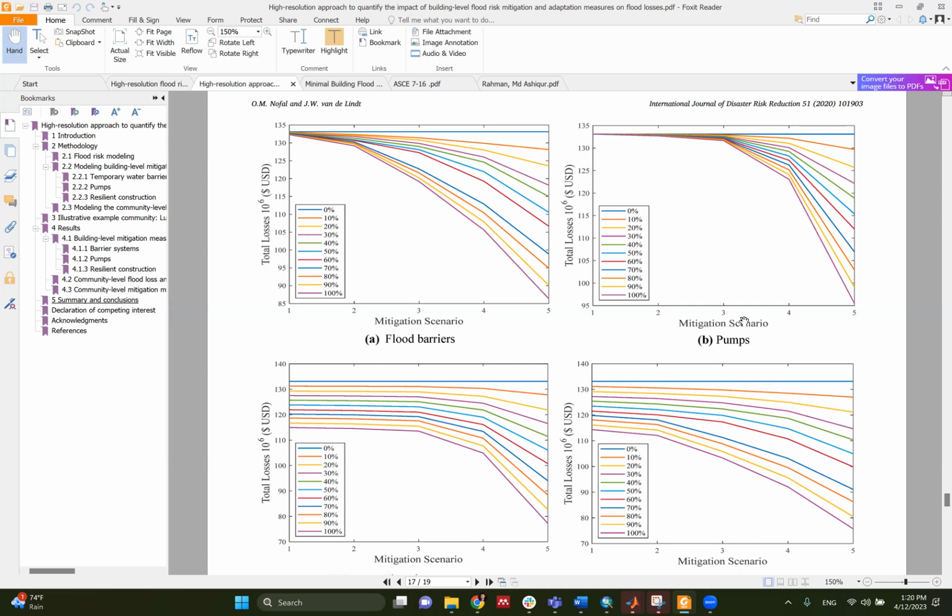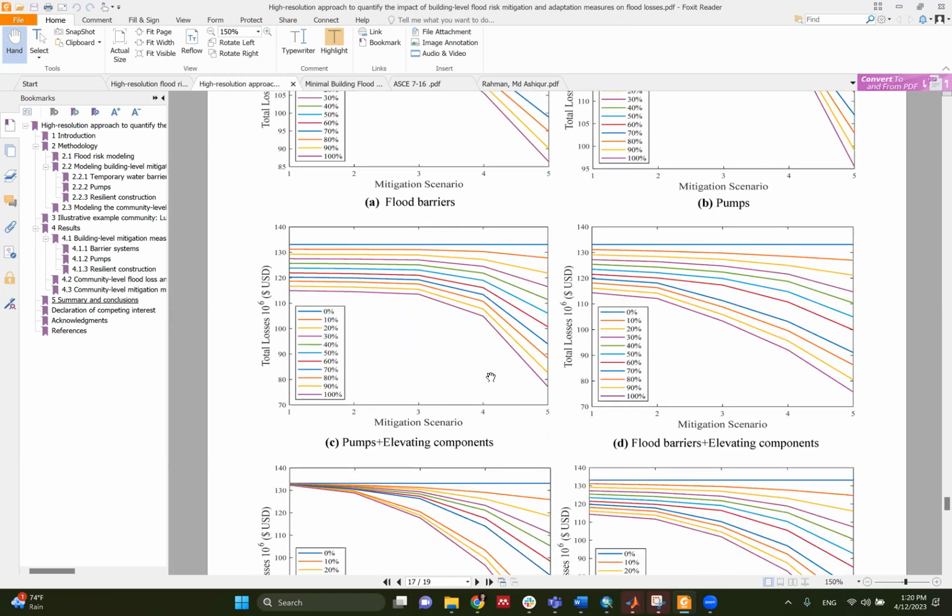Does any of you have any question on these curves? These curves are very important. These curves can help in mitigation planning, but what helps more is to show the cost of each one of these. That will help more in knowing whether it is efficient to spend money on these resources to do these mitigations or not. Okay, so